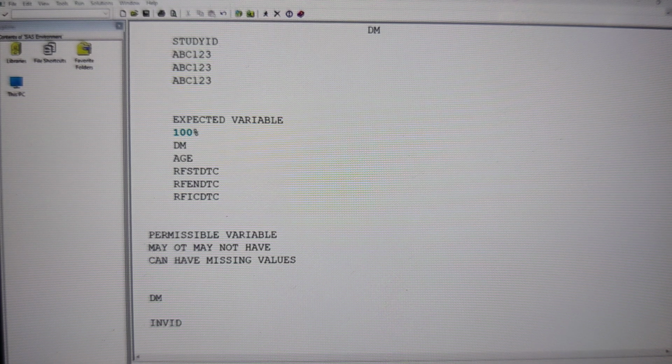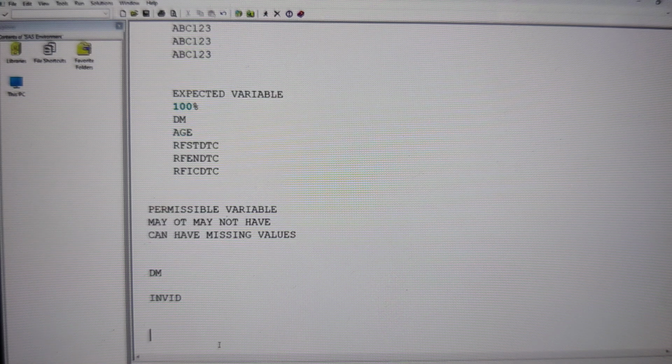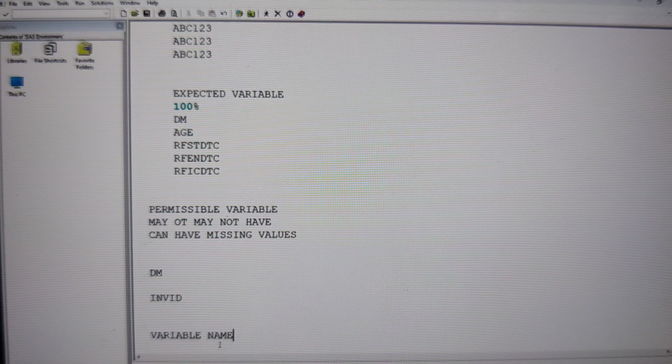Understand this, anybody? So, these are the important pieces of information that we are going to find in the metadata of our define XML. First of all, in the metadata, we are going to find the name of the variable. Do you know the rules, right? When you're writing the name of the variable, what are the rules you should follow? Always start with alphabets, no special characters.